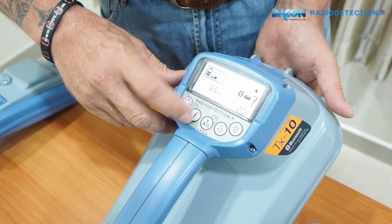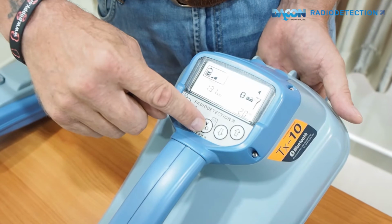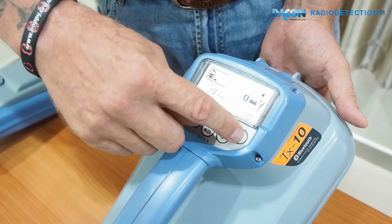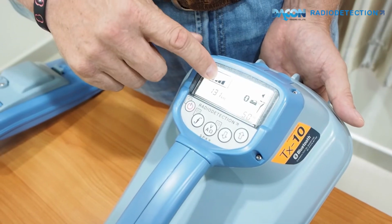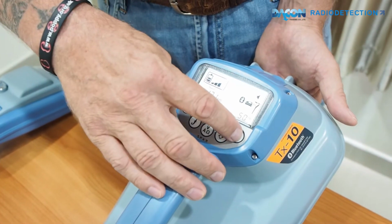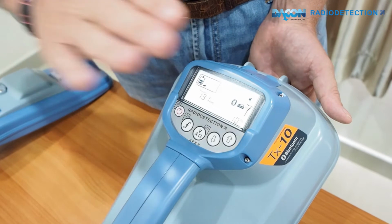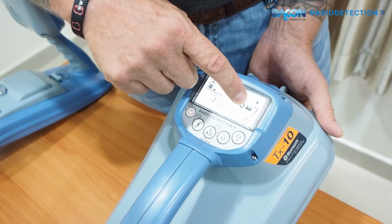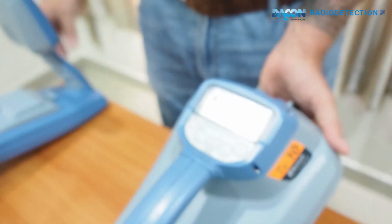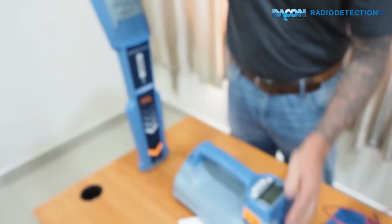You can change your frequencies with the frequency button. This here can alter the voltage. I'm not connected to anything, so it's not going to do anything at the moment. And this is your on and off button, where you can sort the gain out for the voltage, as you do on the locator buttons. Very much the same. That's the screen. Here you can see the transmitter is connected to the locator by,